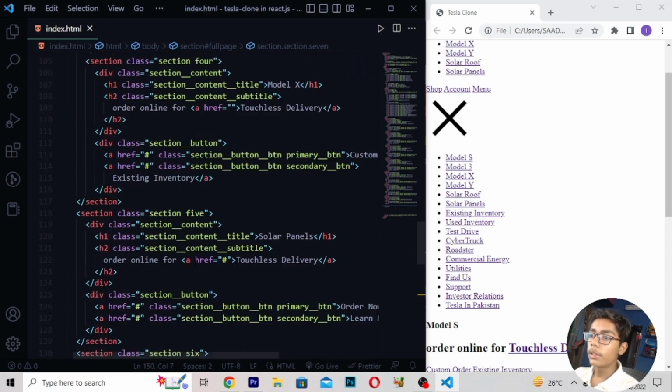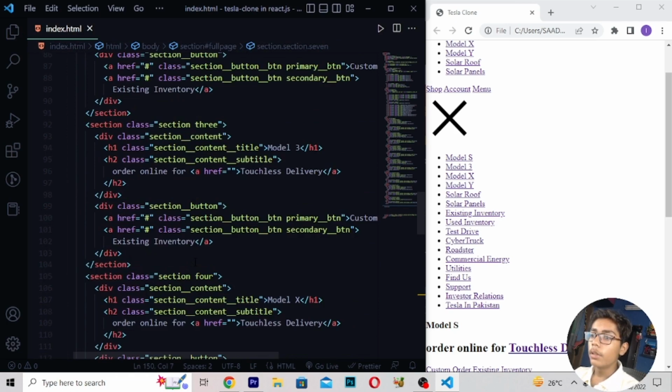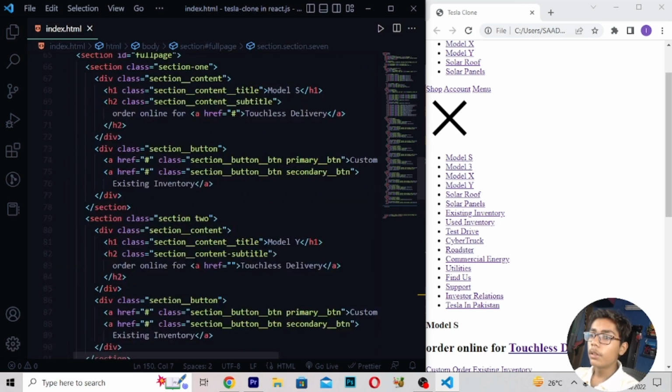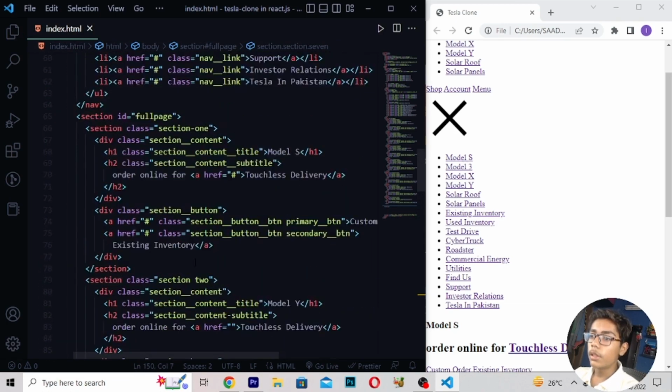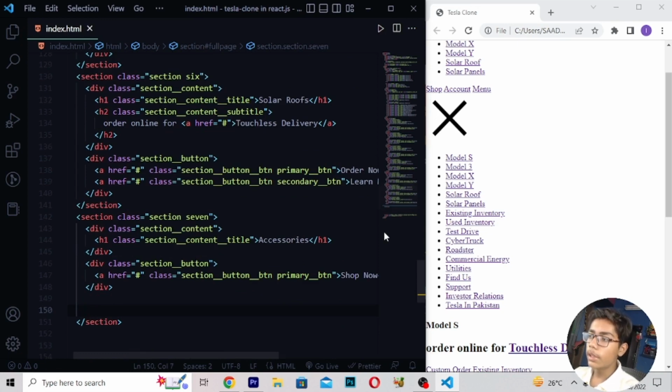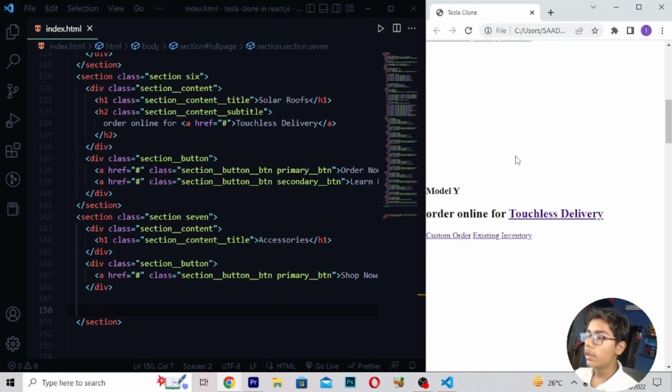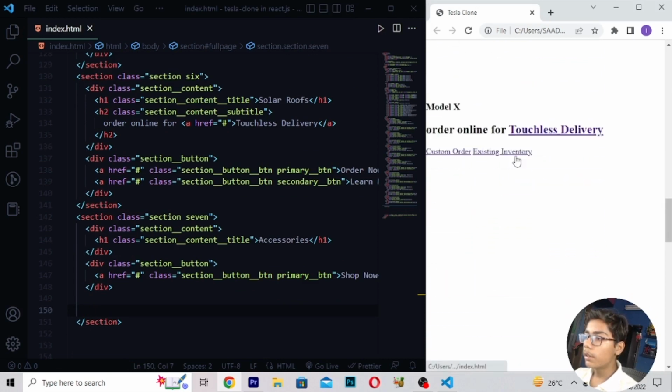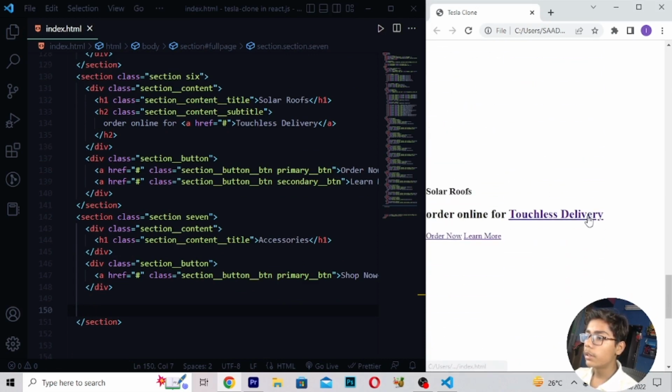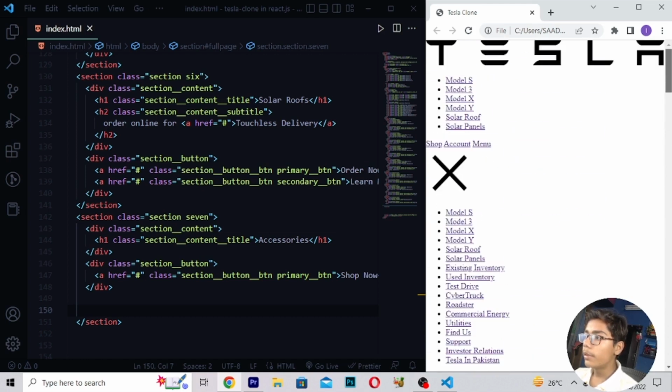So we have written section div, okay. So here also we have just written div, then here also, and here it is also written div. So everything is good here. Now save, then you have to reload here. Now if I just show you, you can see we are getting all this stuff here. Then it is now changing, you can see this, which is looking good. Now here when you are getting all this stuff, here we have to move at the top.